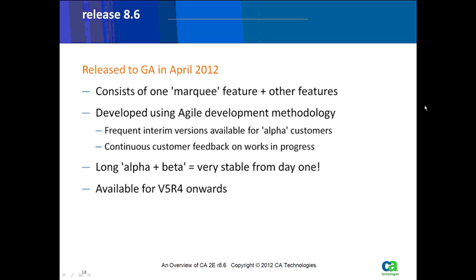It also meant that effectively we had roughly a year of developing the product, and then a beta period of, I believe it was 2 to 3 months, when we opened it up to a much wider beta to a lot of customers. It meant that once we released it, we've had very, very little in the way of negative customer feedback. Either, as we sometimes get, I don't like some of this new stuff, or more importantly, very, very few customers reporting any kind of bugs, because a lot of these bugs which might otherwise have been picked up as soon as we went GA were picked up during the development process.